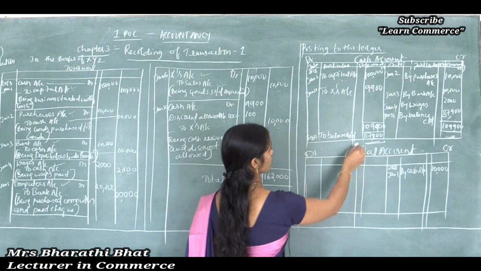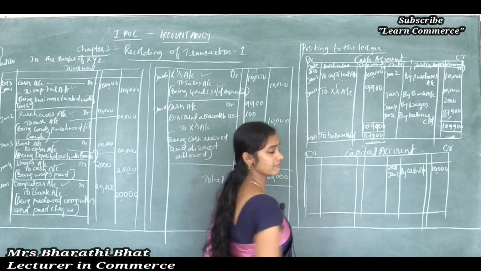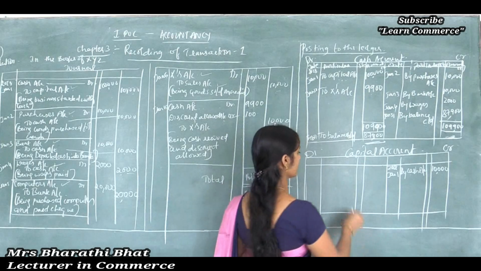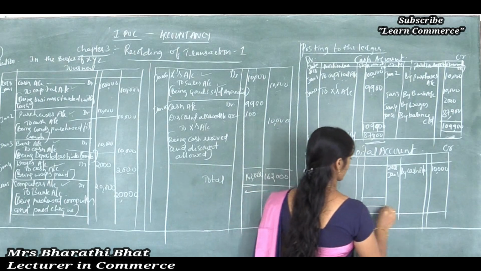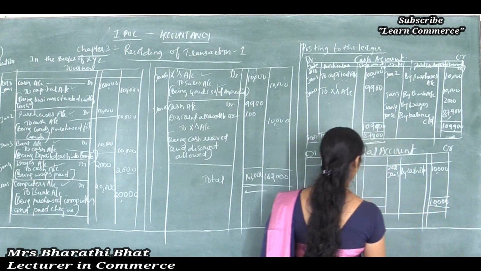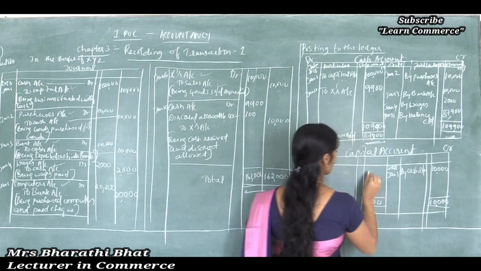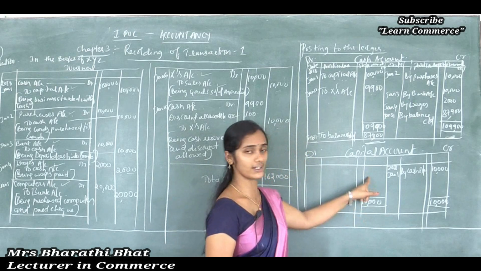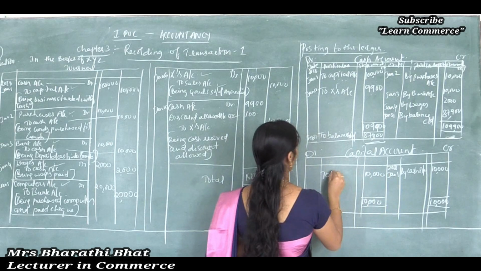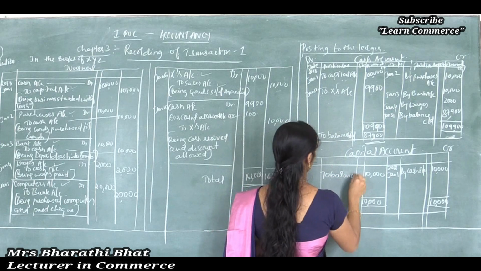So the same amount should be brought down for the next month's first date. Clear? And the next step is capital account. Again, balancing this side. The greater side we should write, and the greater amount should be written on both sides. 10,000, 10,000. Here 10,000 minus 0 is 10,000, as to balance carried down.